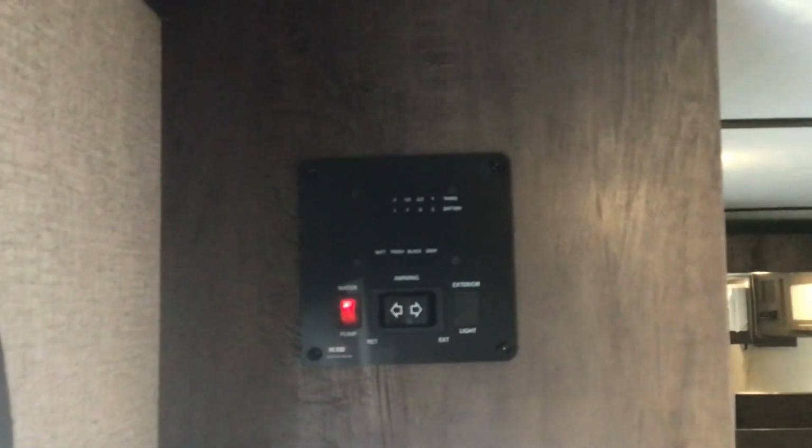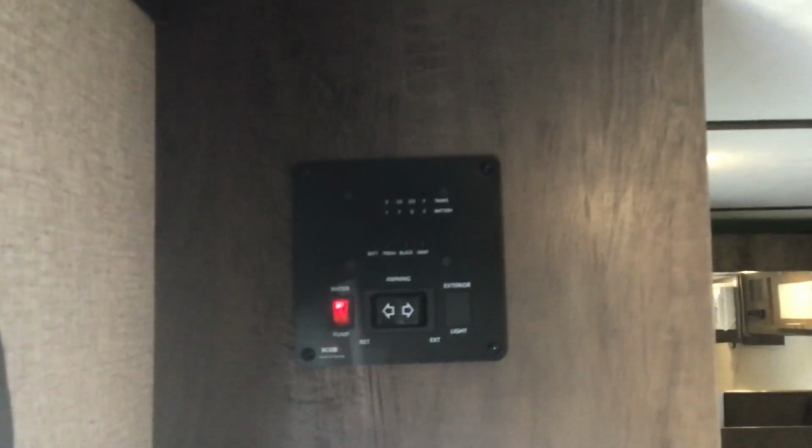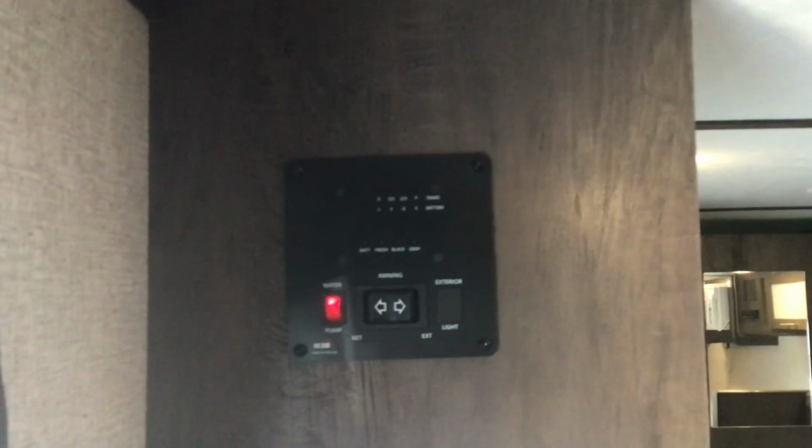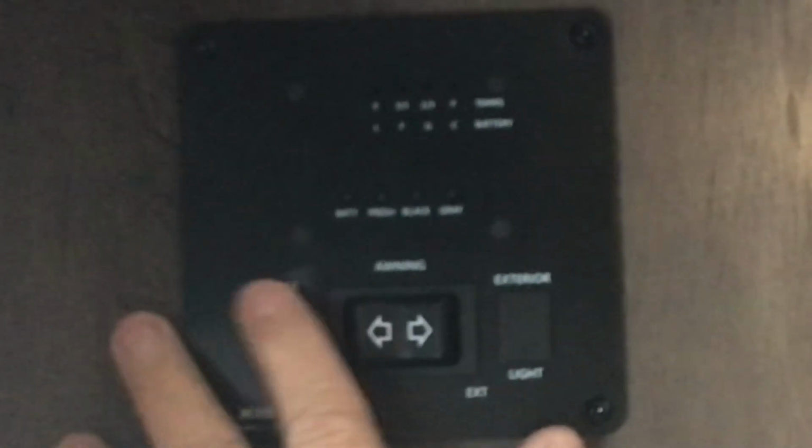It seems like every camper and every 17B has a slightly different control panel for stuff going on. Here is the water pump. Don't ever let that run out of water. It will burn up the pump. So that's why there's a red light there to remind you, turn it off when not in use. That's the water pump. Then you've got the awning,